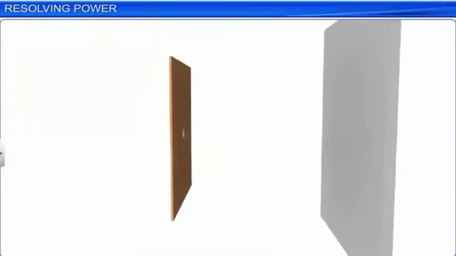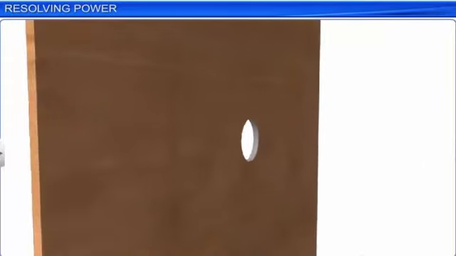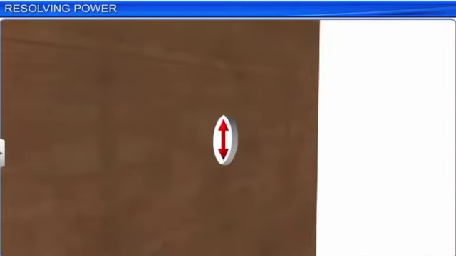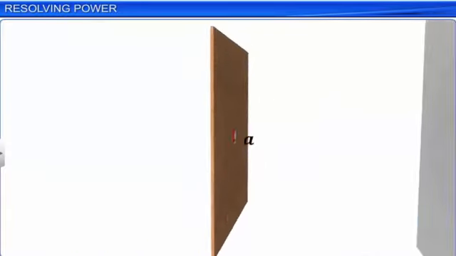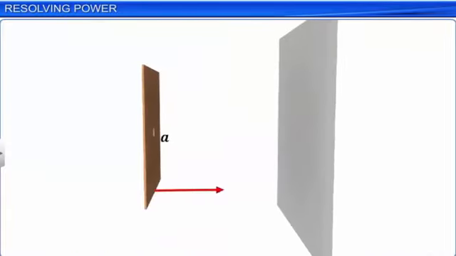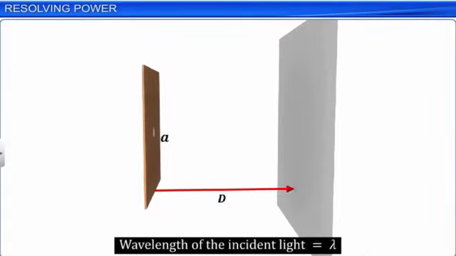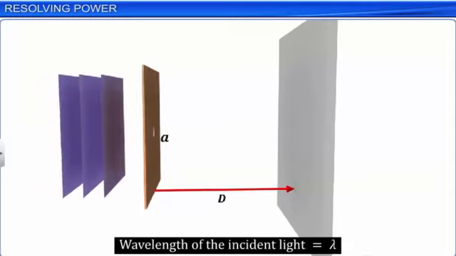Let us now describe the diffraction pattern mathematically. Let the diameter of the aperture be A, the distance between the aperture and the screen be d, and the wavelength of the incident light be lambda. If theta represents the angular radius of each ring,